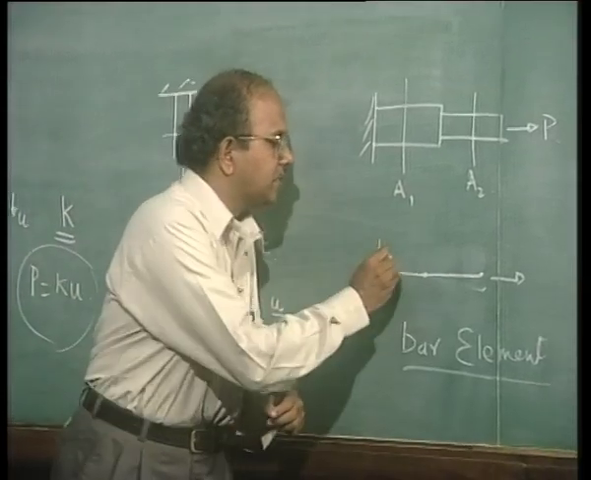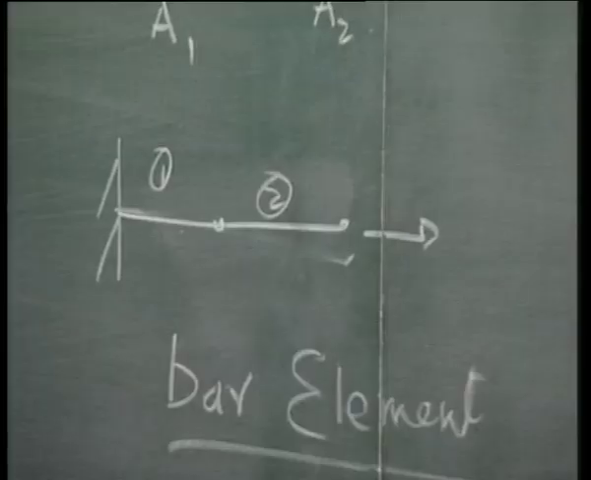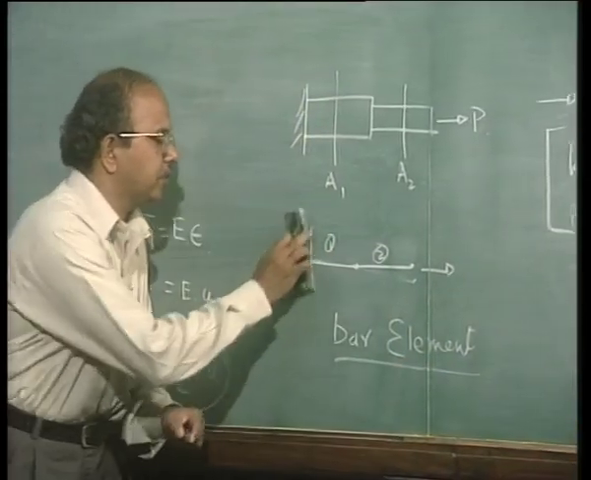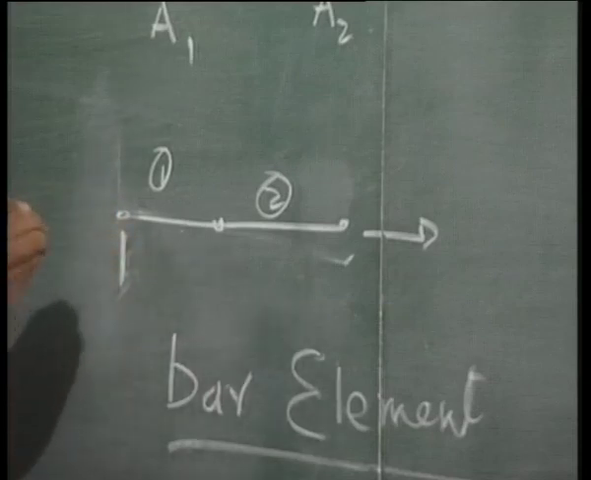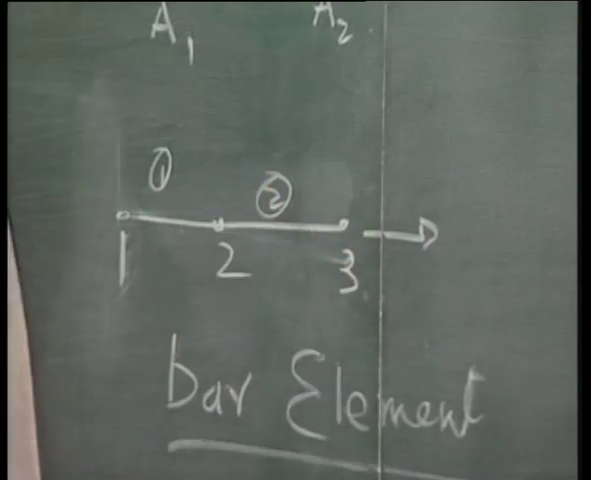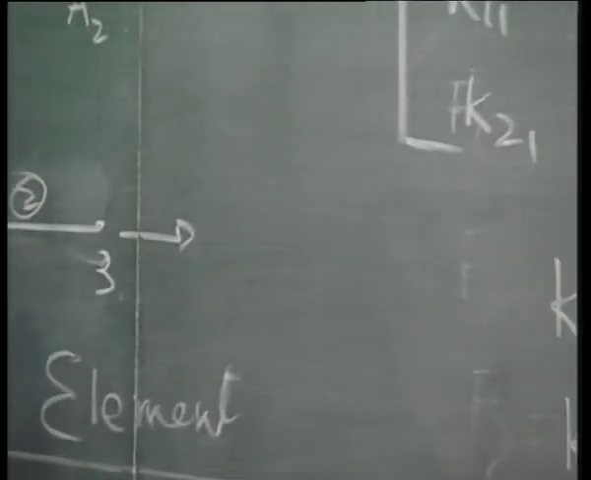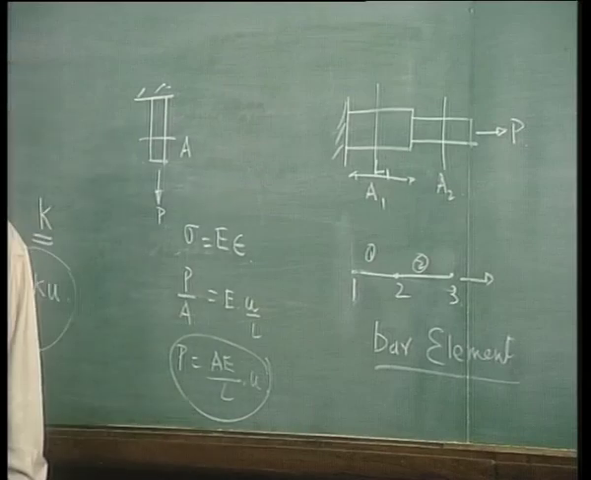Let me now call this as element 1, and let me call this as element 2, and let me not right now worry about fixing this particular node. Okay, let me call that node as say 1, 2 and 3. Right? Is that clear? Now, let me call A1, this is of course say L1, let me give some lengths to it. Let me say that it is L1, and